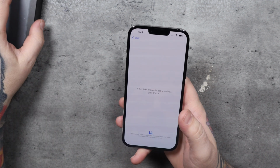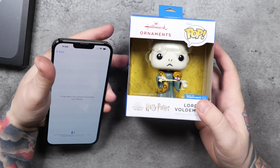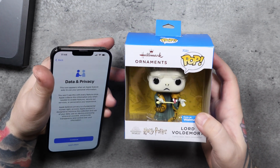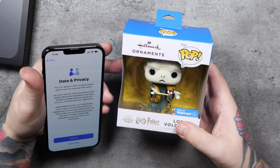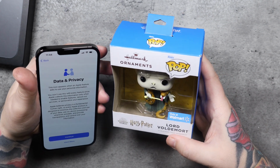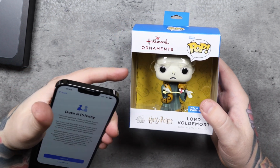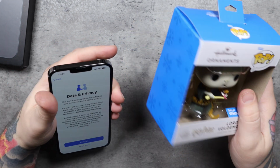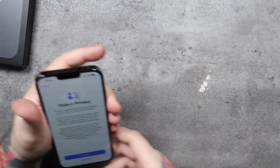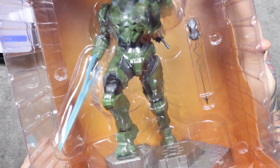Let's try again. While we're waiting, check out this Lord Voldemort Pop ornament that I got for Christmas. I like Harry Potter. If you know anything about me personally, you know that I love Harry Potter. My wife came in and gave me a Funko Pop Lord Voldemort Christmas ornament, and there's more to this. There's an inside story that I probably won't get into, but I love this kind of stuff. Just got this here sitting on my desk. Also, I've got this